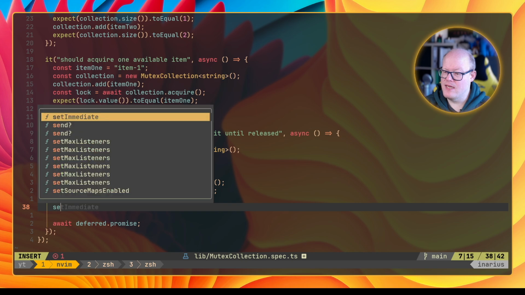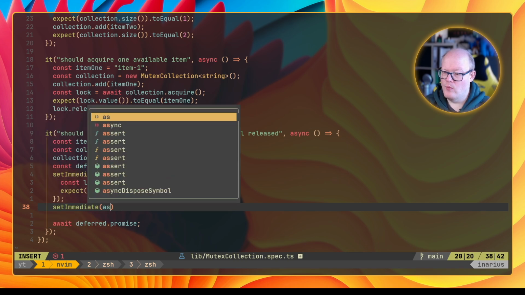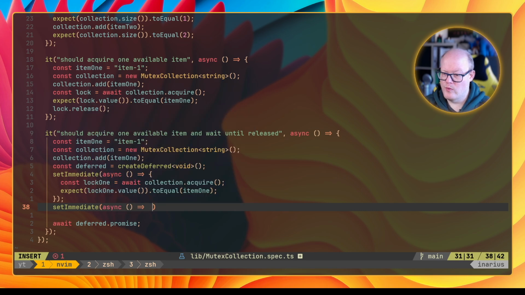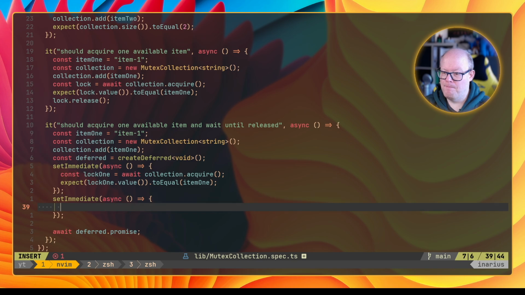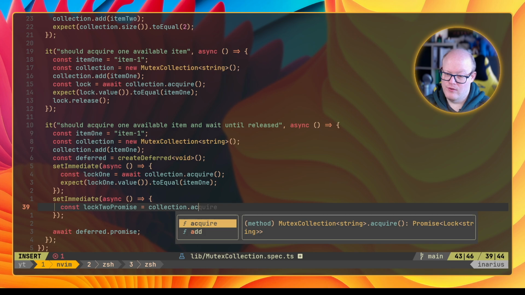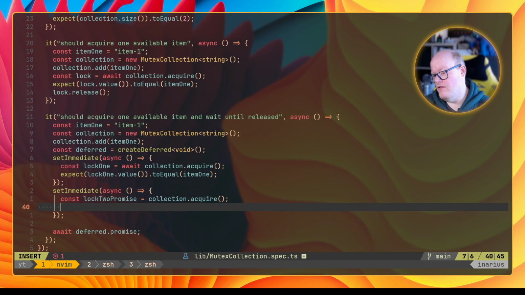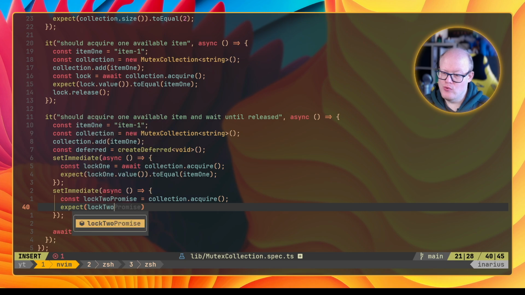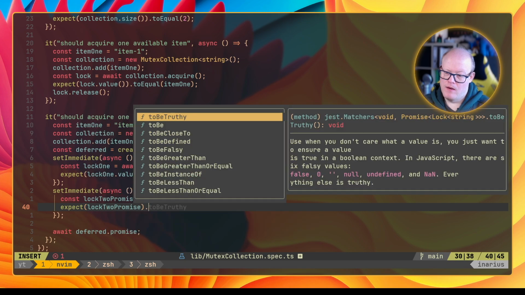And then we have another setImmediate, which is async, which should do const log2 equals await. No, this is log2Promise, collection.acquire. Then we want to expect that log2Promise not